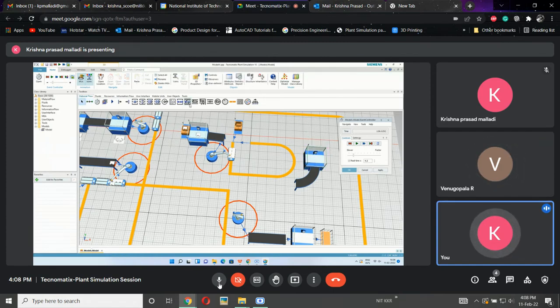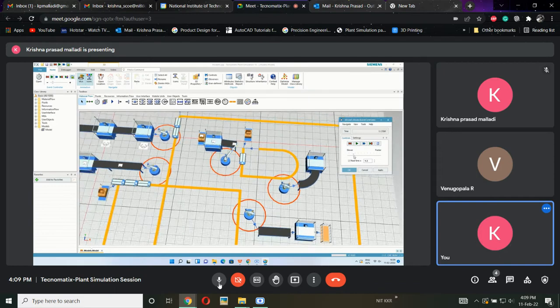Now here I need to use a robot to collect the material. So here I am placing, here I will unload, and I need to select this with this one. Done. If I run the simulation, if I increase the speed,